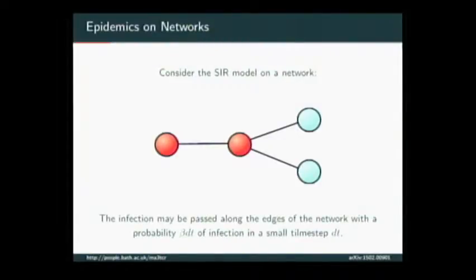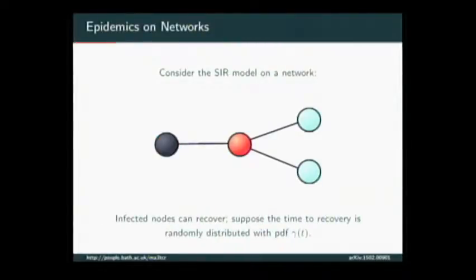And this is a time-based model. I care about the passage of time. So this spread happens with a probability beta dt per unit time dt, right? So this is like a Poisson rate with which it makes this jump. Infective nodes can then recover, and recovery needn't be memoryless like the infection process was. I assume that the recovery time is distributed according to some PDF, right? So there's some distribution of how long you stay sick for.